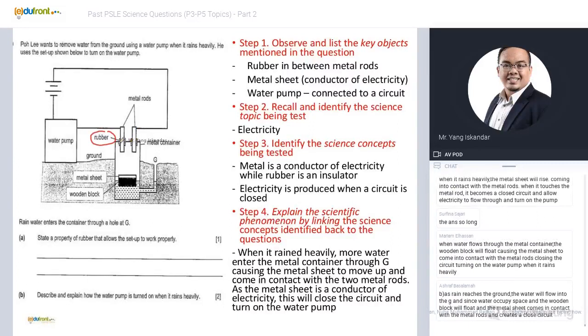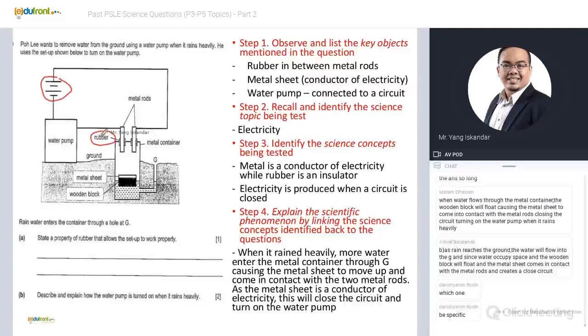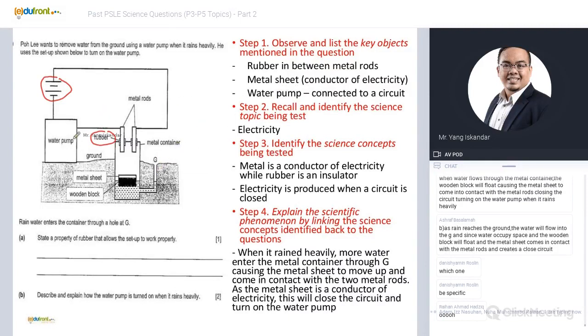The circuit is open. There's a battery here, and there's a water pump. So when there's an open circuit, the pump will not work. So when it doesn't rain, the pump will not work. And there's a hole here, hole G, and the water pump is connected to the circuit. So when it rains heavily, the water will enter through here. When the water enters, this wooden block with a metal sheet on top will rise. When it reaches here,